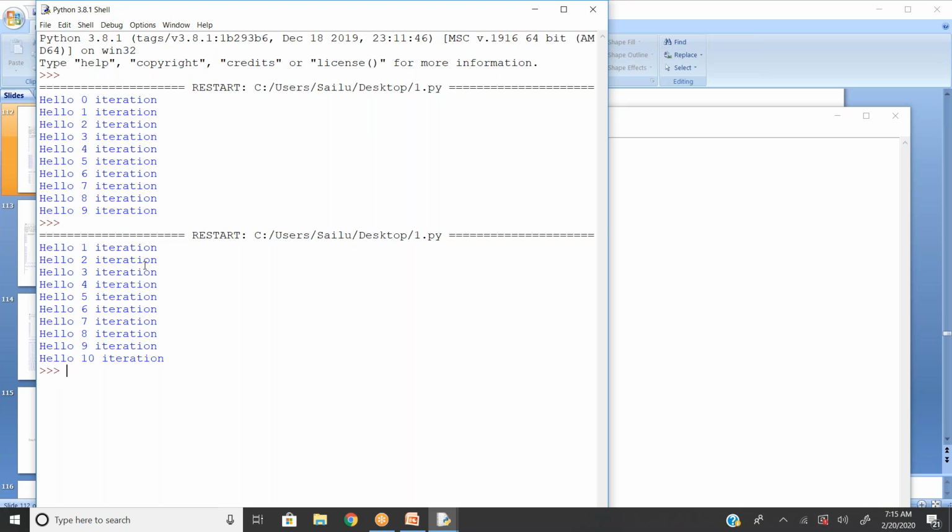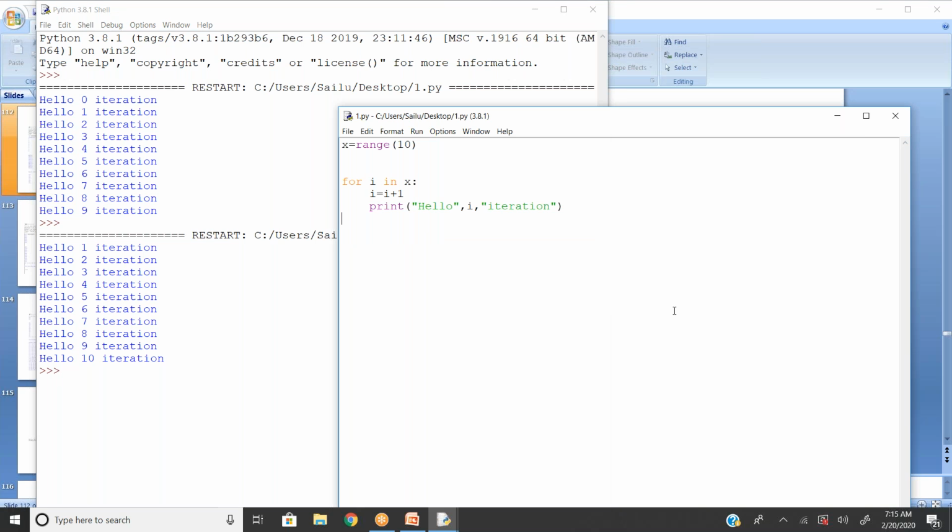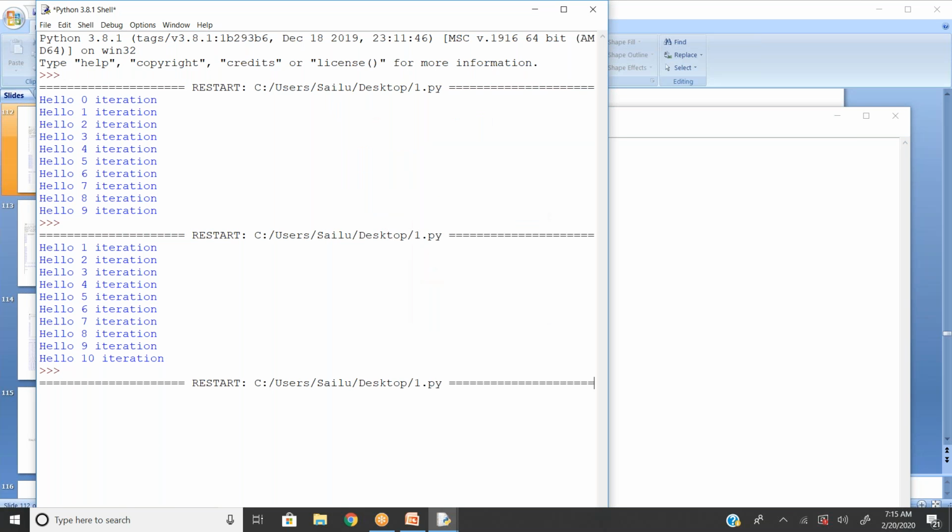The second is business logic. My business starts from 1, so I made it 1. Instead of i equal to i plus 1, as we discussed, we can use the shorthand, i plus equal to 1. Same answer.